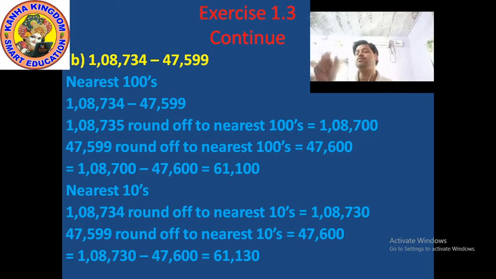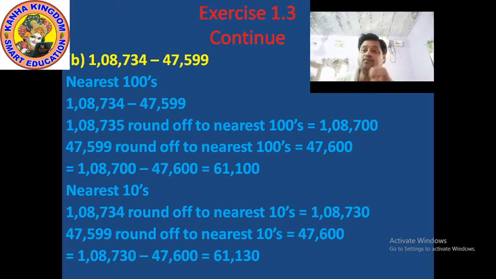It means the second rule is applied. First you have to convert the ones place into 0, and you have to add one more number in the tens place. Which digit is in the tens place? 9 in the tens place, means you have to add one more, 9 plus 1, it becomes 10. Can you write down 10? No, only 0 in the tens side and 1 adds with the 100 place. Which digit is in the 100 place? 5, means you have to add one more in the 100 place, 5 plus 1 is 6.